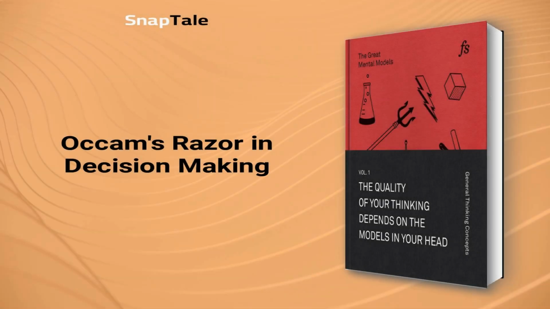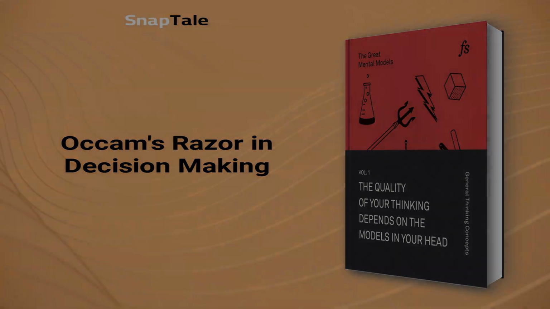Occam's razor in decision-making. Occam's razor is a problem-solving tool that suggests the simplest explanation for a set of data is likely the correct one. It's a cognitive heuristic used to make decisions, especially when dealing with scientific and medical issues. In simpler terms, when comparing two equally compelling explanations, the one with fewer assumptions is more likely to be correct. This summary explains how Occam's razor works and why it can be a useful tool for everyday decision-making.